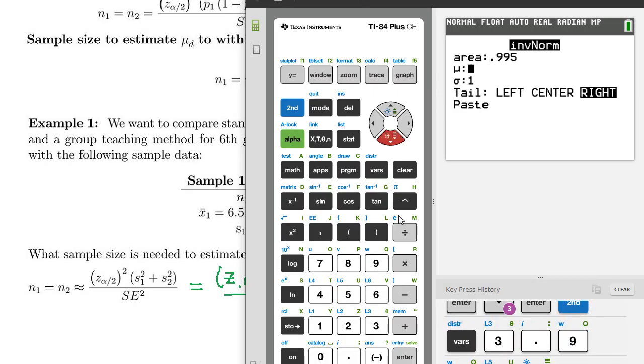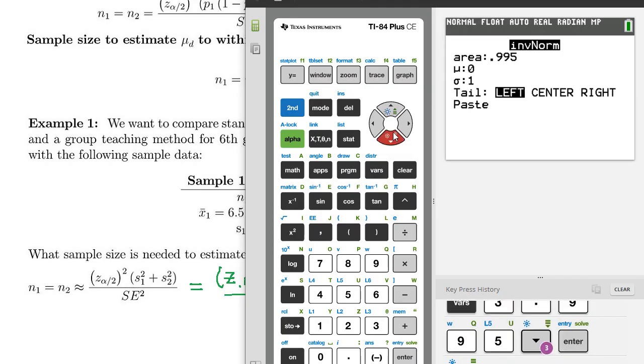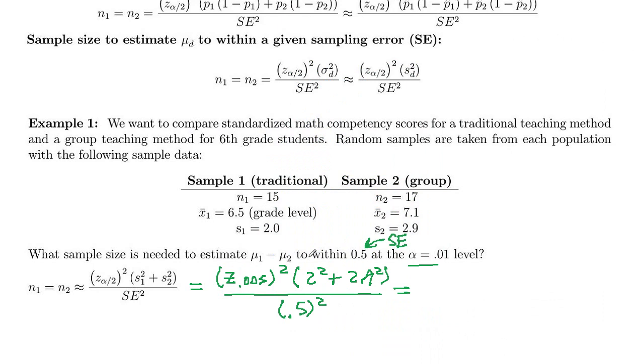We're doing z-values, so still 0 and 1 for mean and standard deviation. Use left area, paste it, 2.576. So this will be 2.576 squared times 2 squared plus 2.9 squared